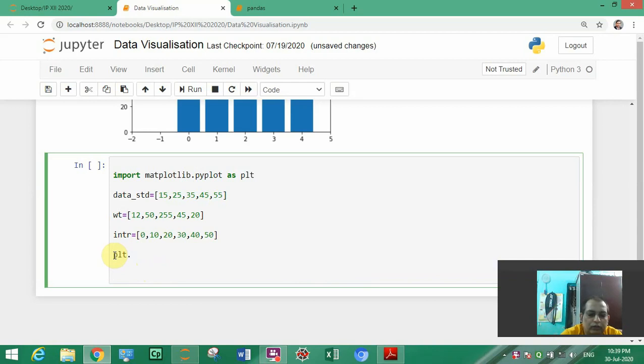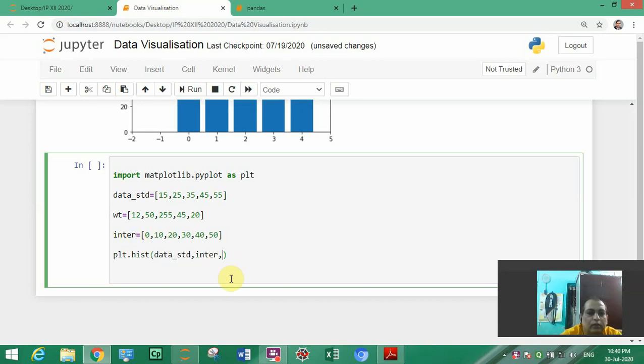plt.hist. It will take 3 arguments, that is first the data of the student, std, data of student, comma, then what will be the interval at the x axis, that will be given. I have taken a list of interval, this is interval.